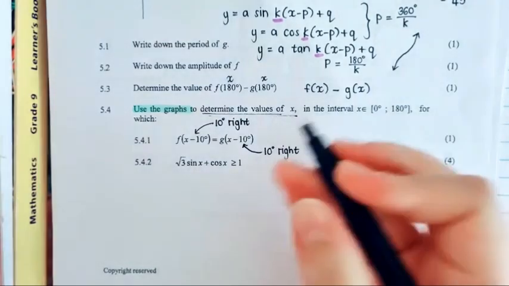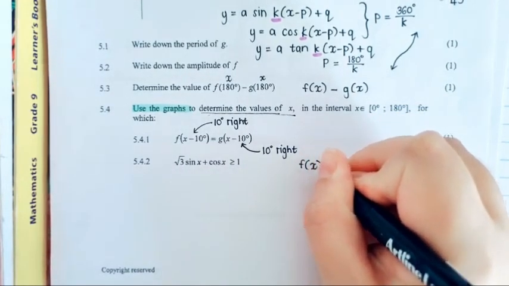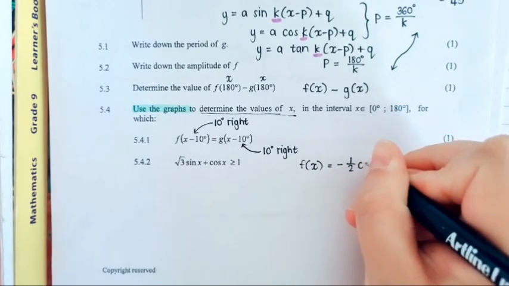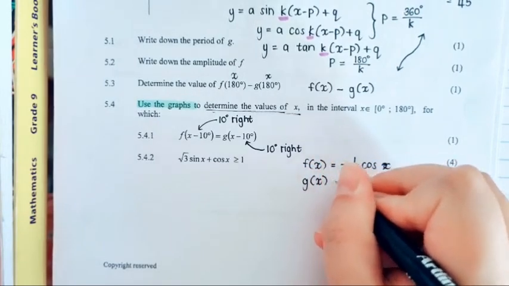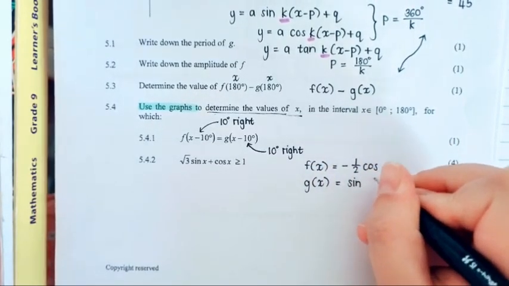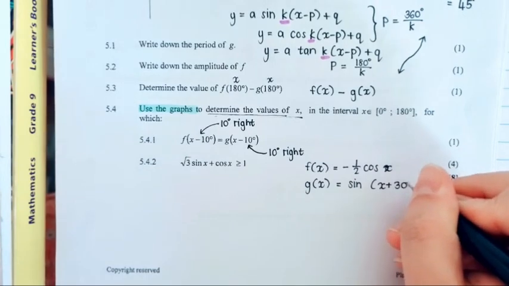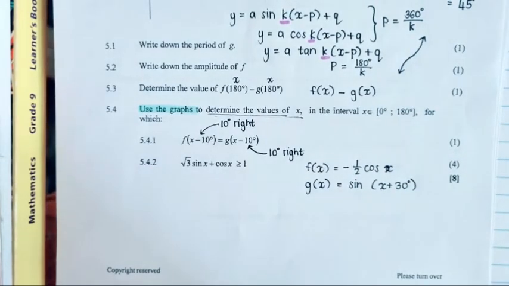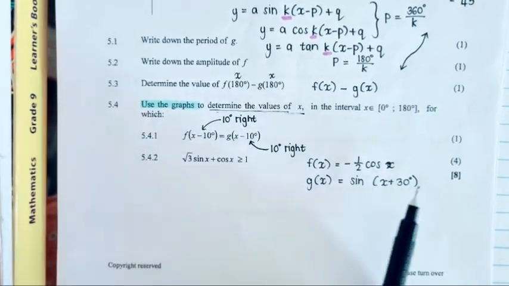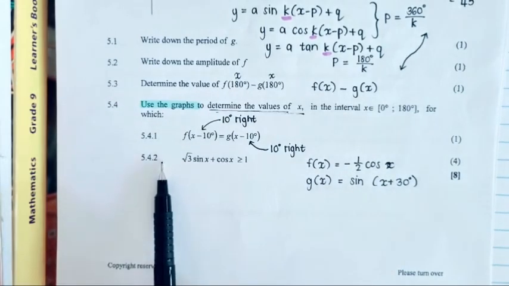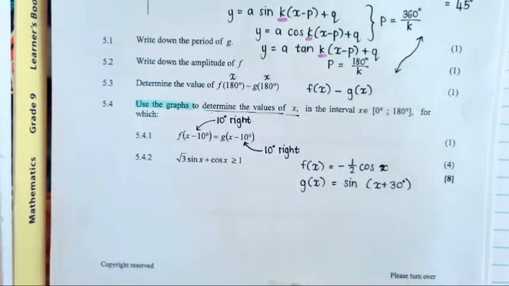Shoo! Now, we need to remember that. I'm just going to write the equations that they gave us. F of x was negative a half cos x. Oh, sorry, the page slipped. And g of x was sine x plus 30. Okay, now they're saying use the graphs to solve this. But we have the graphs of these equations. We don't have the graphs of these equations. Now, in order to use the graphs that we have,